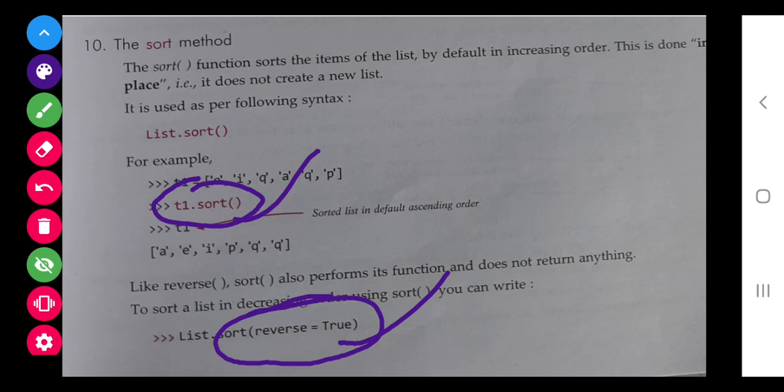So class, whichever you find important, you check your notes. If you find anything which you have not written before, you write that only. And those who want to make a practice, those who have not made the notes properly last time, they can do it completely. So class, our list is completed. Now in next class we are going to do the tuples. That's all class. Do well, don't waste your time, and work hard class. That's it.